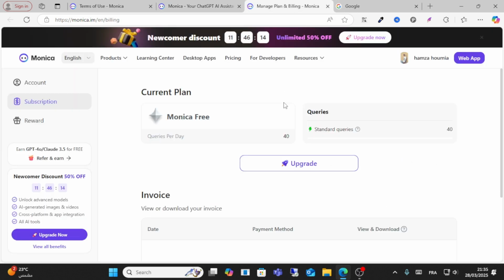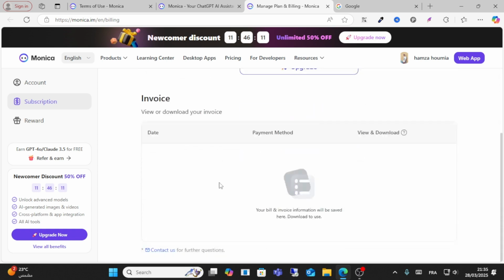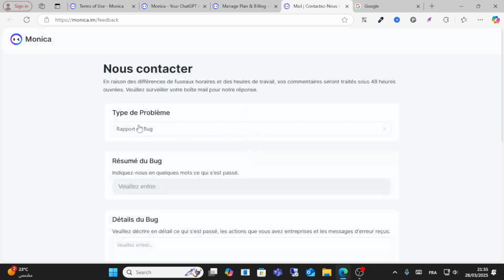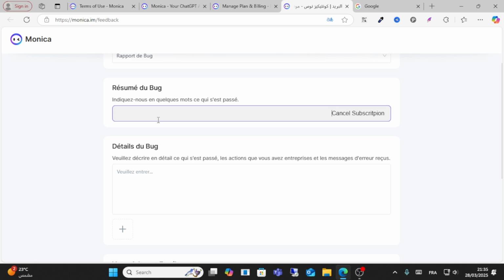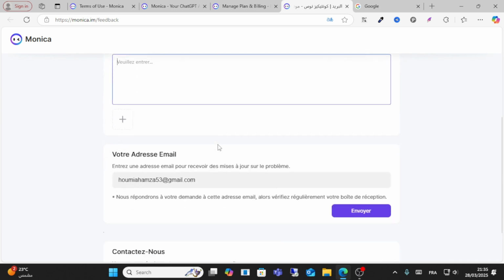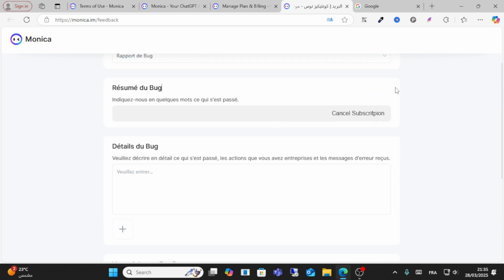Or method two, guys, all you have to do is, from here, click contact us, and from contact us write your problem. From here write your cancel subscription request. From here write a subject, for example, cancel subscription, guys, as you can see here. And from here write your reason you want to cancel the subscription, and from here write your email address and